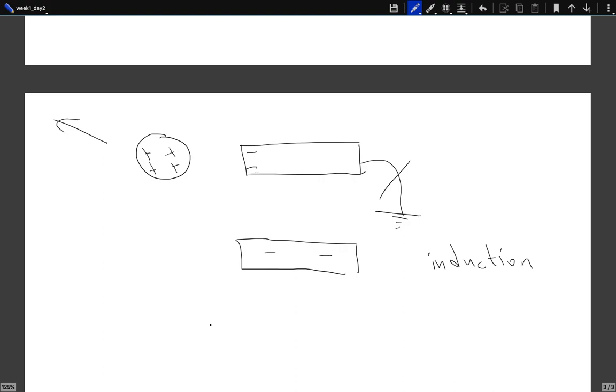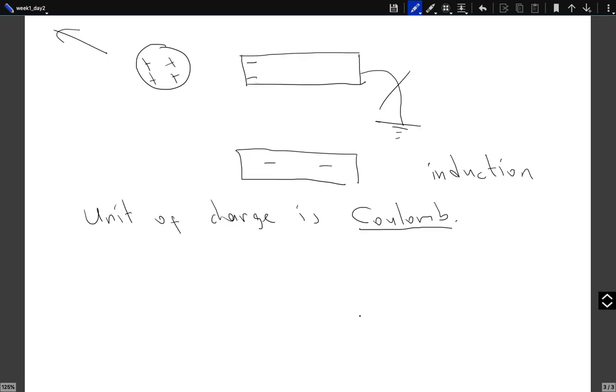Now, of course, we know that charge exists. The next thing we would like to know is how do we measure the charge? And the unit of charge is Coulomb. Now, this was, of course, the idea of Coulomb was before people really understood what was going on inside the